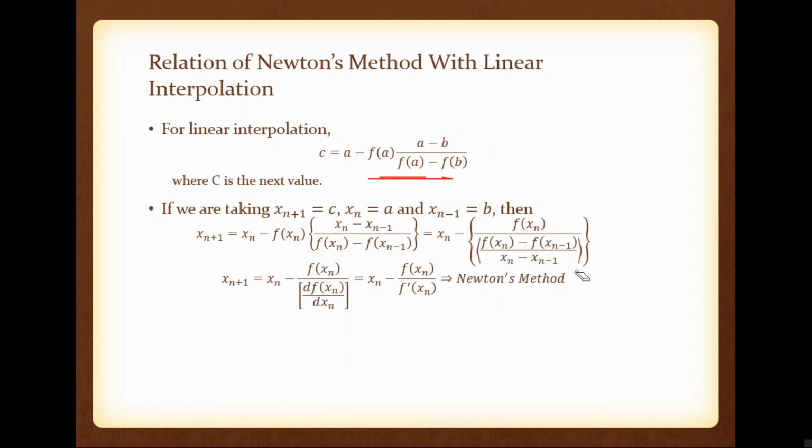That difference is because in the secant method this difference is finite. It is not tending to 0. It is not almost 0. That one is a finite value. But for Newton's method, this difference is almost 0. So this term is smooth. That is why Newton's method is quadratically converging and the secant method is a superlinearly converging method.